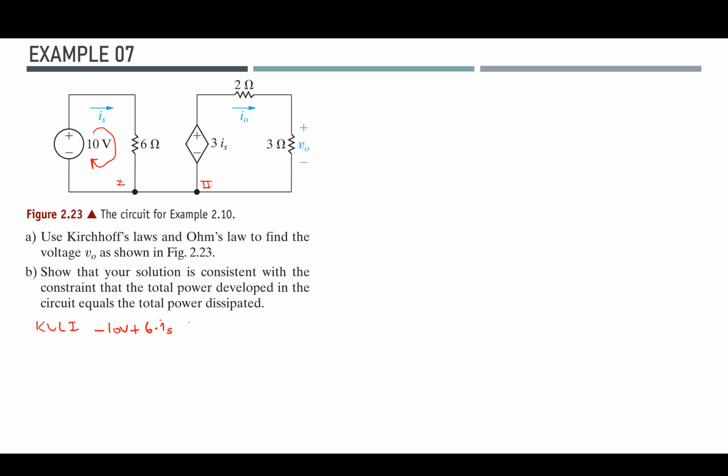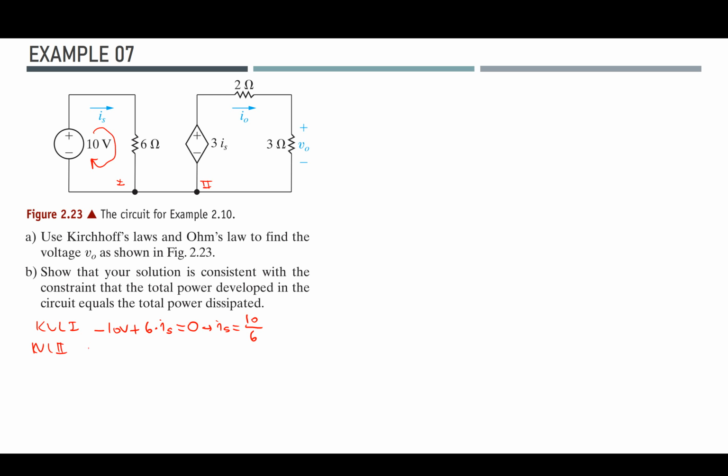This is my controlling current, which should be equal to 0. From here I can easily calculate that IS should be equal to 10 over 6 amps. Okay, and in the second loop, if I do the KVL